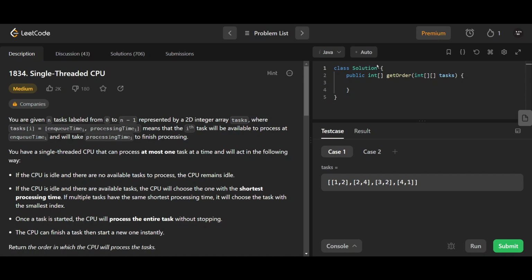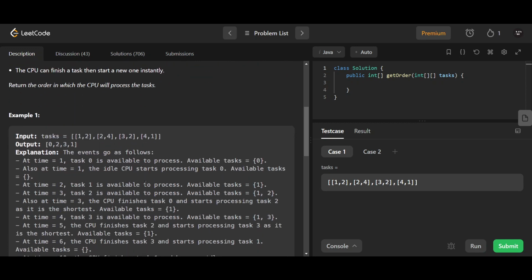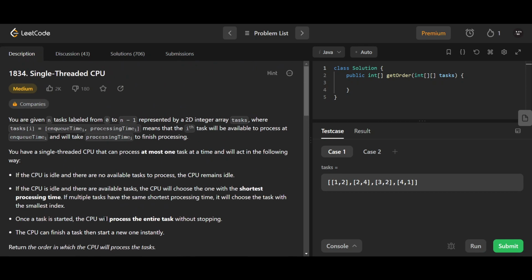All right, let's have a look at this problem called single-threaded CPU. It's a big one, so it will take us some time to read. Let's have a quiet read. You are given n tasks labeled from 0 to n minus 1, represented by a 2D integer array tasks, where